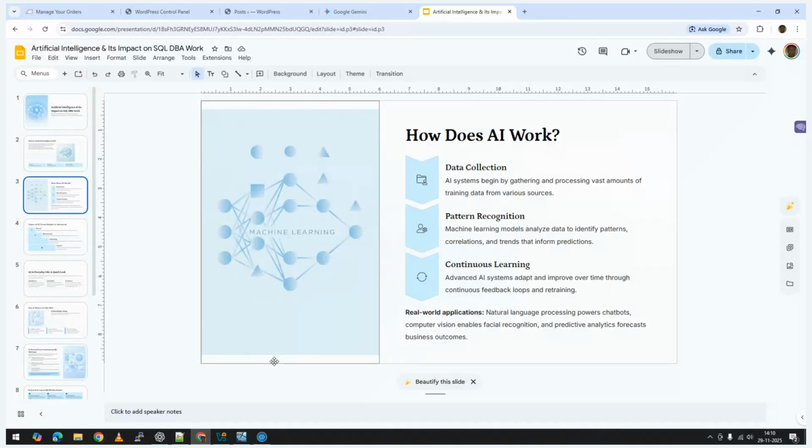First thing, data collection, is completed. How do we do it? The first method is DMVs. The second method is extended events. The third method is collecting the data and storing it in a table. Okay, this is one. The second thing is pattern recognition, which in AI terminology